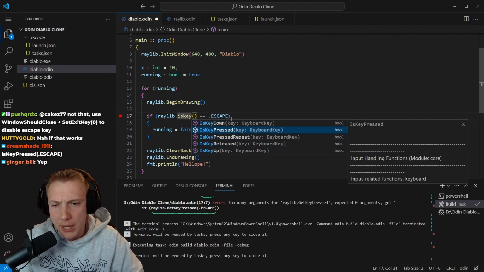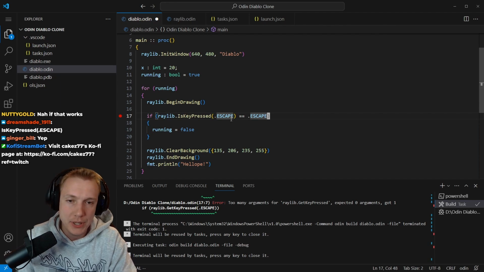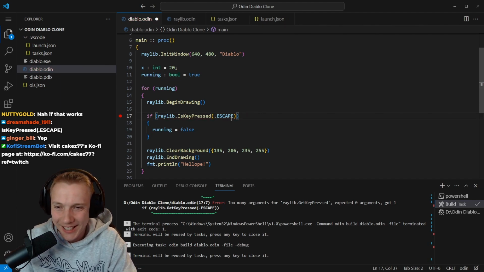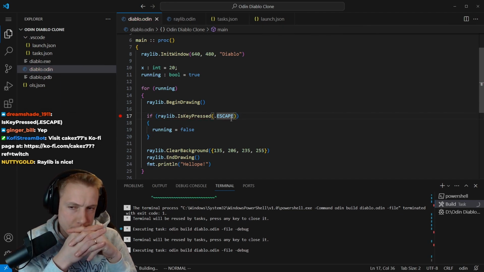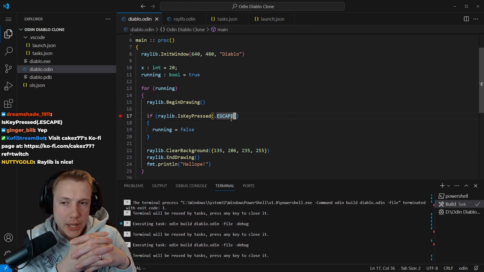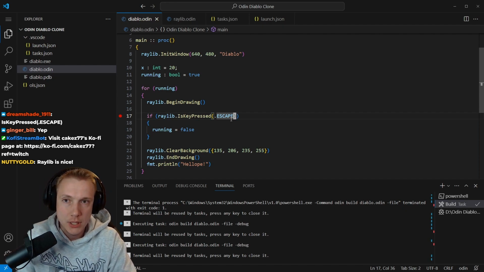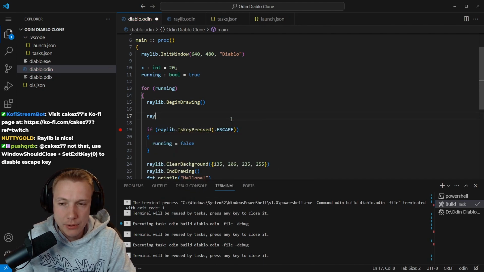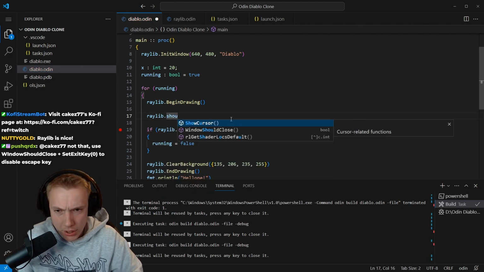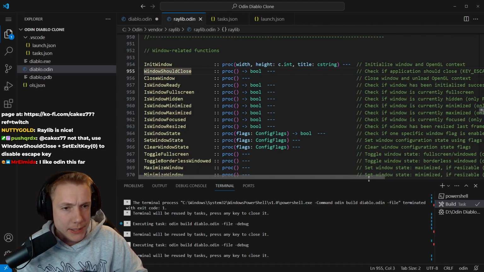Yeah, I've never used raylib. The last time we tried to use raylib, I was already like 5 hours into Zig hell. So I was like, I'm done. We have one more problem though. I need to get the should window close only on, like I need to get the raylib dot, the should window close, but only on the,